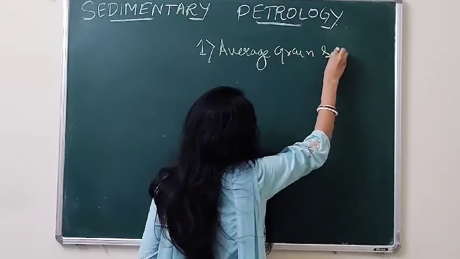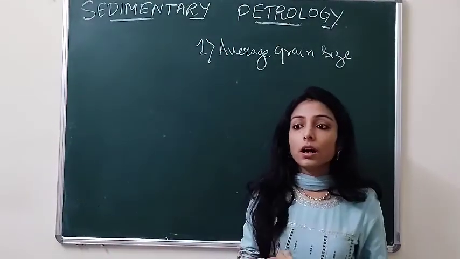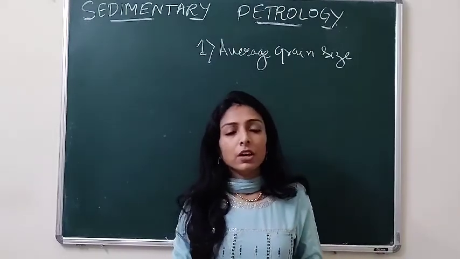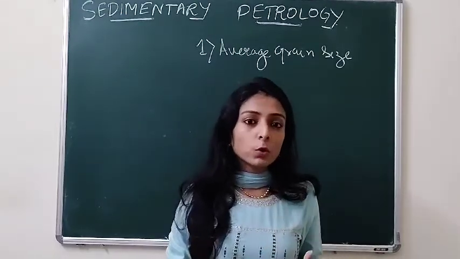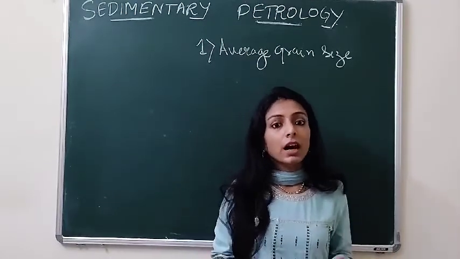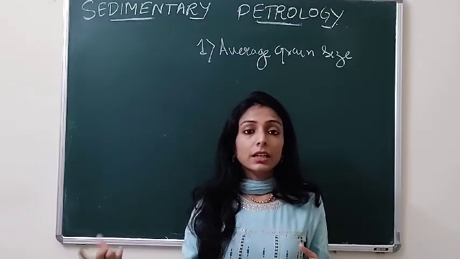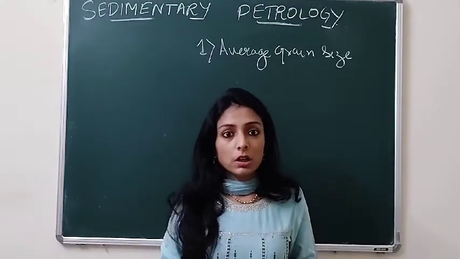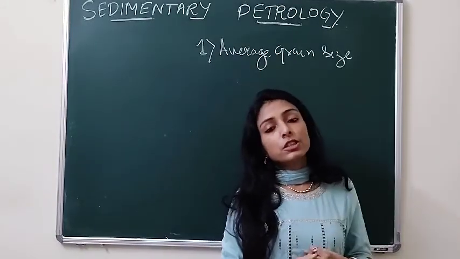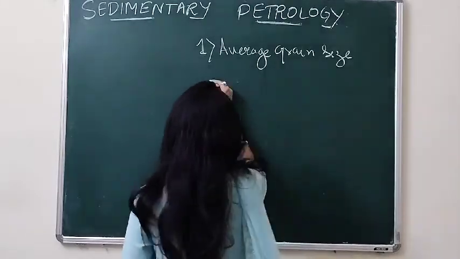So average grain size, as the name suggests, is calculating the average to get an idea about the average of the grain size population that you have. It is not as easy as it looks, like you will just calculate an average grain size, because by one method a population can look very coarse, whereas if you apply another method the population might look coarser. So in this regard, a few standard calculations were worked out by sedimentologists, and among them number one was